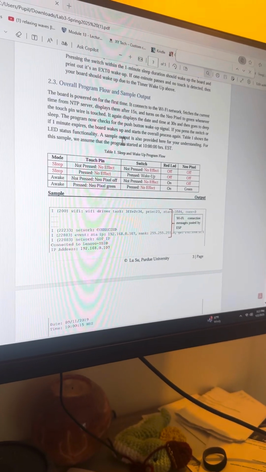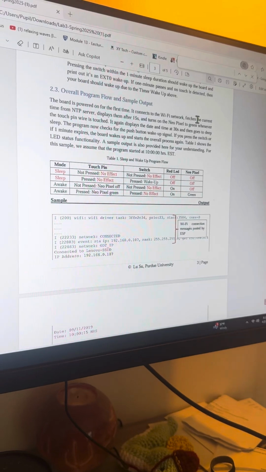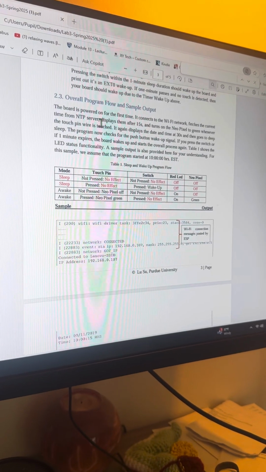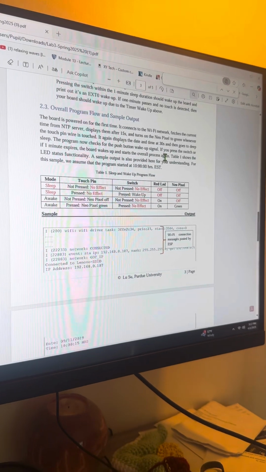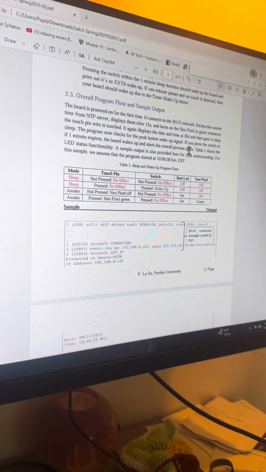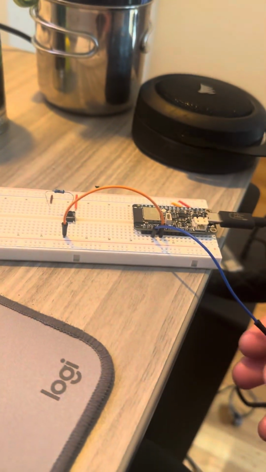We want the board to be powered on for the first time, connect to the network, fetch the current time, display it after 15 seconds, and turn on the NeoPixel whenever the touch is on. That's when it's on. And then when it's off, it's basically going to be in deep sleep. If I press the switch, it should turn back on, and I should be back in awake